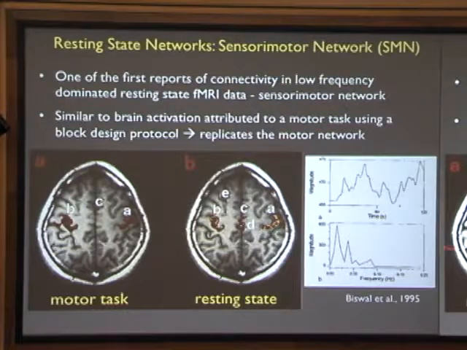Then he took the results of the motor task. This is the primary motor cortex. He took a seed within one of the activation clusters in M1, and then he went back to the resting data. He put that seed in that data and asked the question, where else in the brain has a signal that's correlated to that seed? What he found is that he was basically able to replicate the brain response to the motor task with just the seed connectivity in a resting state. This was actually a very fascinating